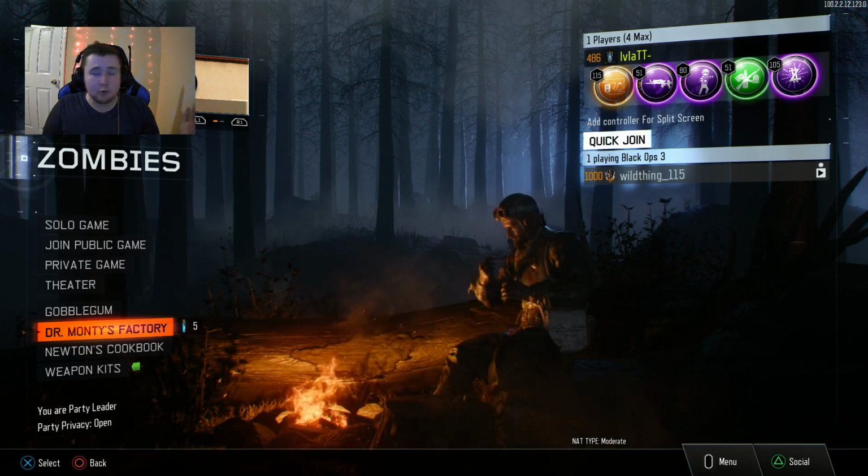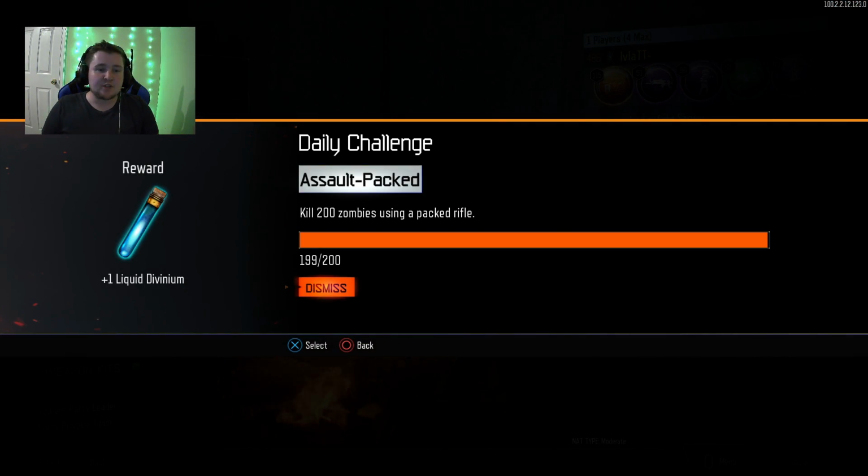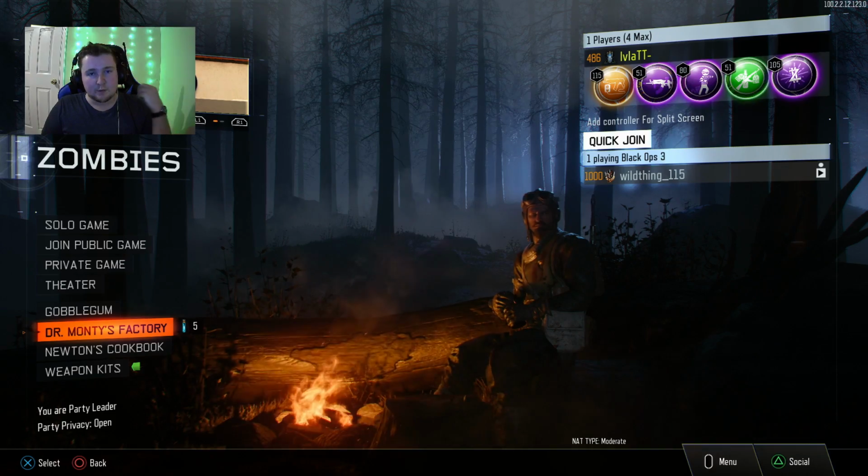We might go to 11. We might not, but it doesn't matter. We'll create the 3 loop. And as you can see, my challenge is still not completed. 199 out of 200. I've gained up to 5 liquid Diviniums now, because I went from 1 to +2 and then +2 again,